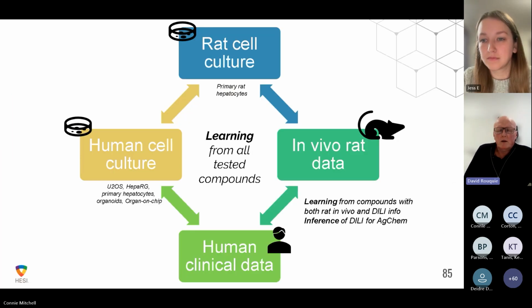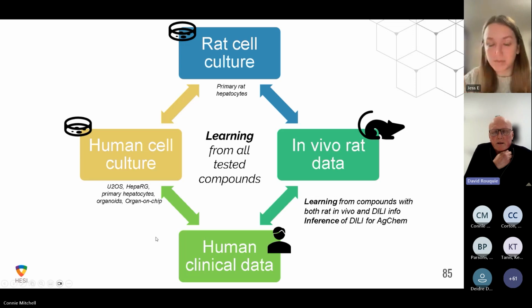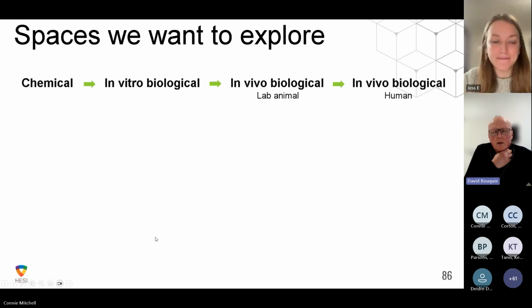This is the classical parallelogram, a little bit twisted in a sense that we start with this translation from rat cell culture, in vivo rat data, and also from human cell culture and human clinical data, and make these translations and these learnings across those different, what I would call spaces. And going maybe in that direction, on the next slide, another way to present the translations we want to achieve